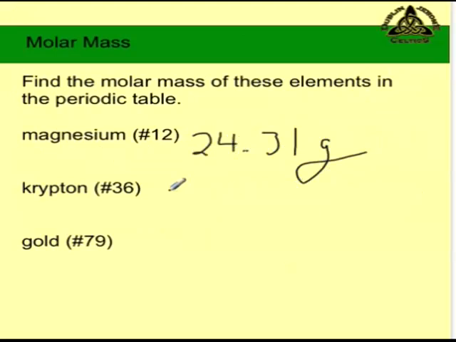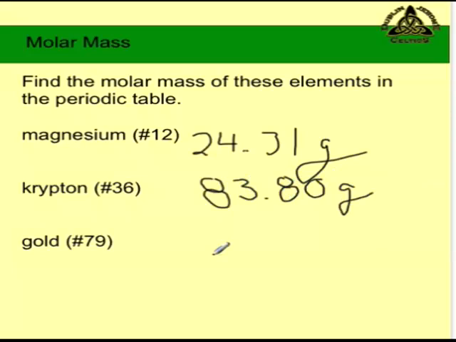If you find krypton, number 36, on the right side of the periodic table, you'll find that its molar mass is 83.80